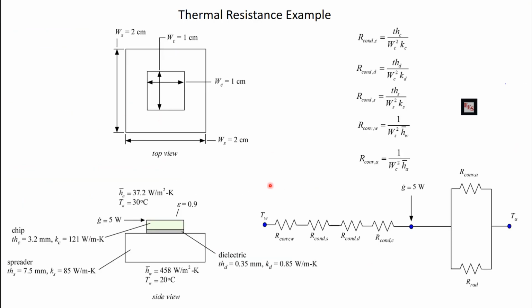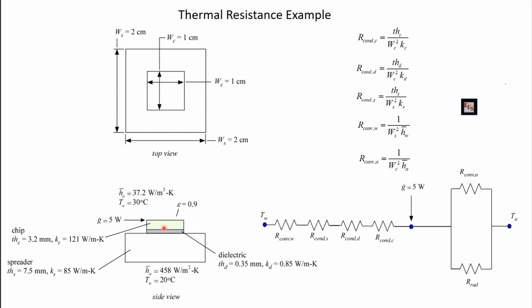The next thing I have to do is calculate the resistances. I know this temperature, I know this temperature, I know how much heat I'm putting into the circuit. I could solve the circuit if I was given all of these resistance values, but of course I'm not. I have to calculate them. So let's go through these one by one and knock them off as I do them. Let's start with conduction for the chip. We're going to simulate this as conduction through a plane wall, so the resistance is how far I have to conduct, which is across the thickness of the chip,